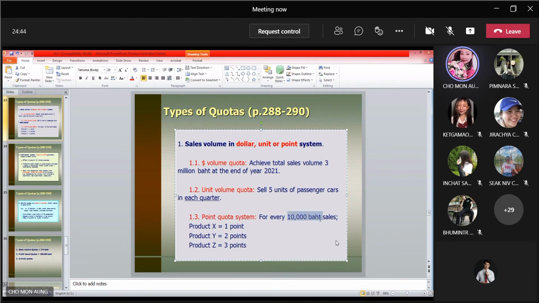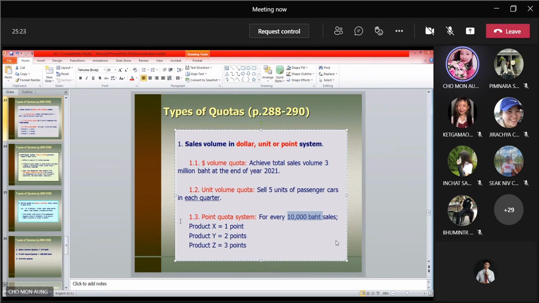If they can sell 10,000 baht every time, if they can sell product X for 10,000 baht, they get 1 point. But if they sell product Y, the same amount, 10,000 baht, they get 2 points. If they sell product Z, the same amount, 10,000 baht, the point is getting higher, 3 points. Okay? Then the manager or the company will be setting the total points that they have to achieve. You see that? When we use point quota system,